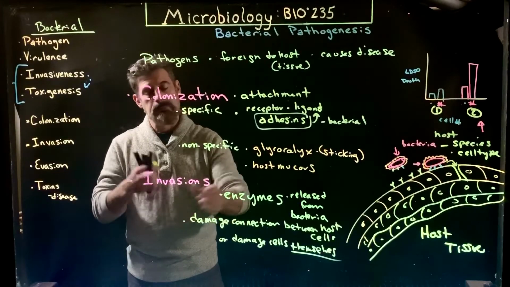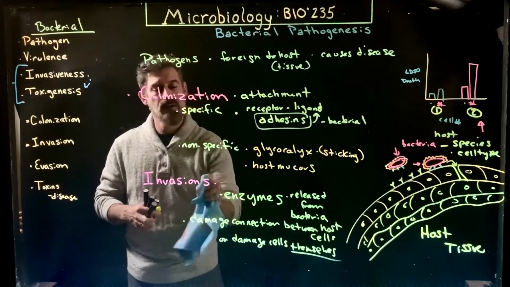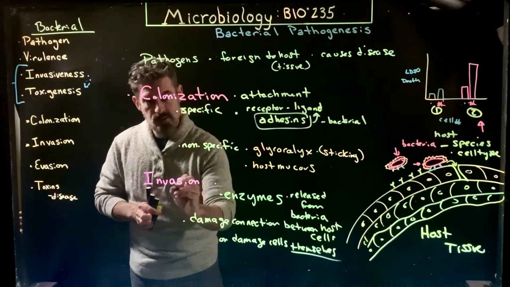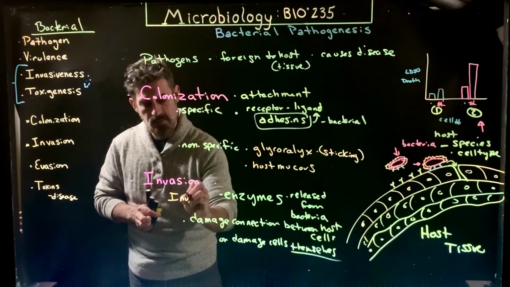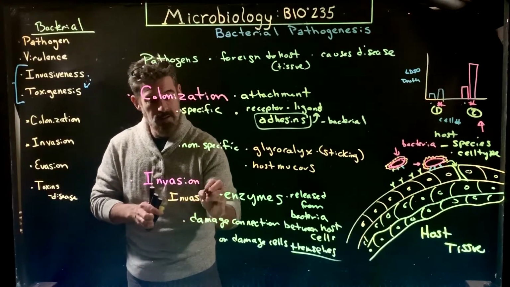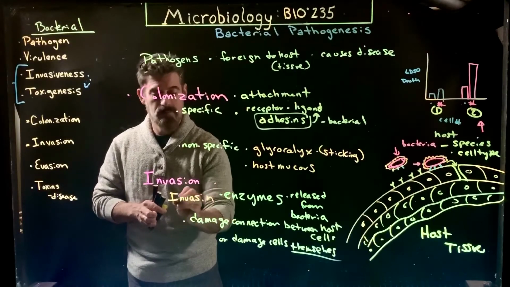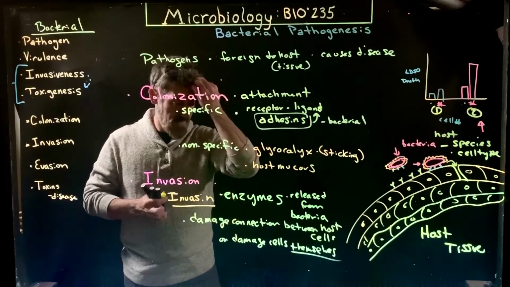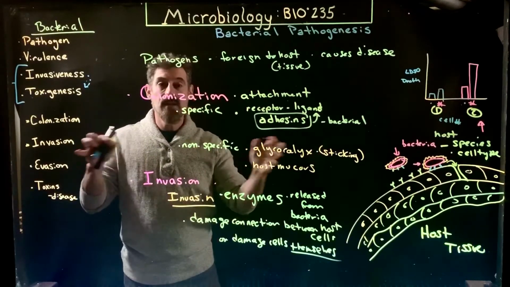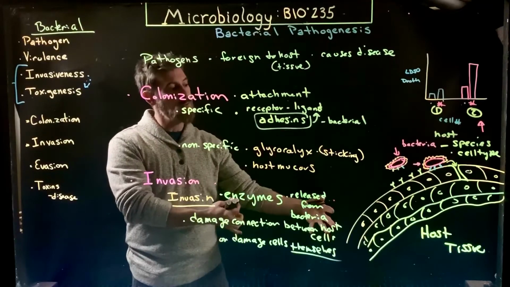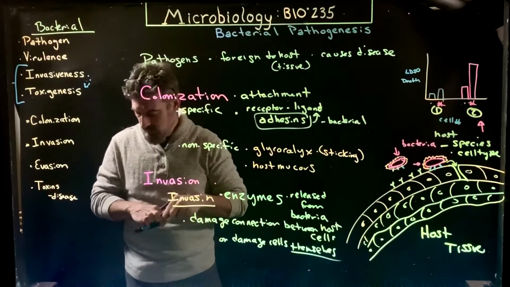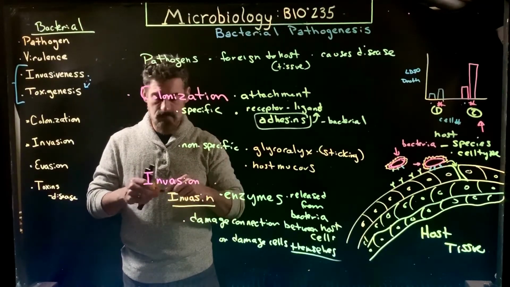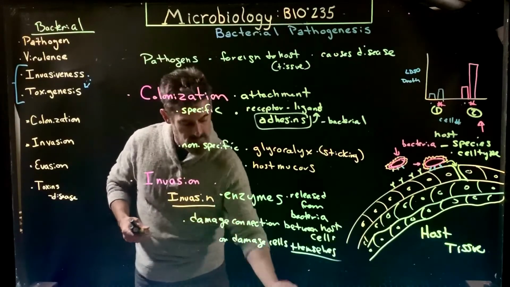Okay, so actually, let me just do a slight modification. We're talking about invasion. These enzymes are often called invasins, with an I here but no O. So an invasin is a generic name for some kind of enzyme released from a bacteria that's involved in invasion of the bacteria into the host cell's tissue. That's what's going on. There are a couple of different categories, and all kinds of different specific types of molecules that do this.